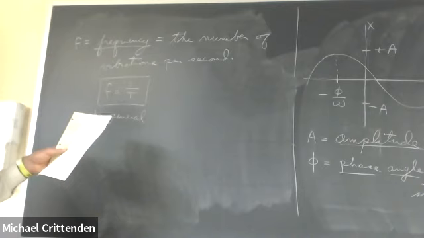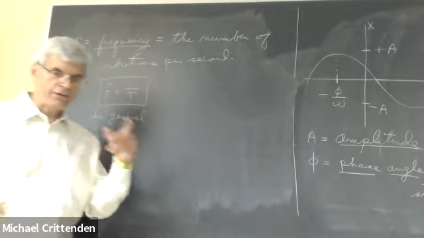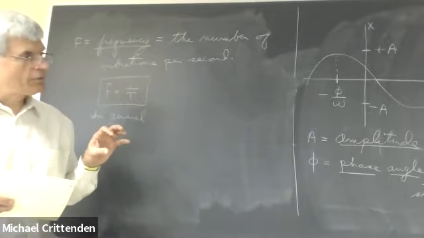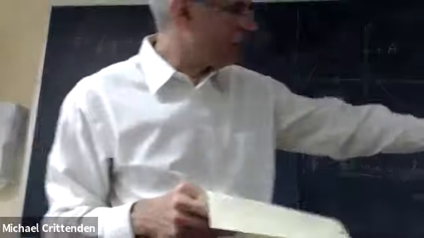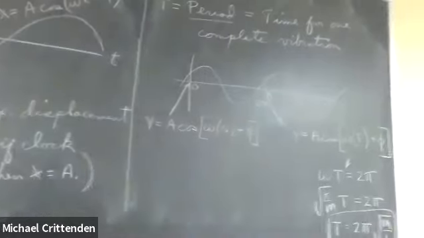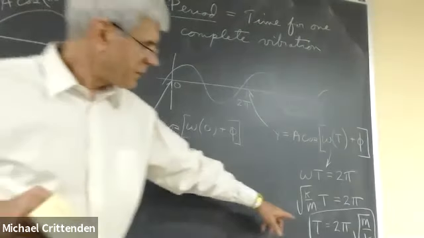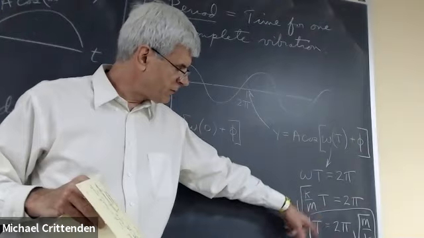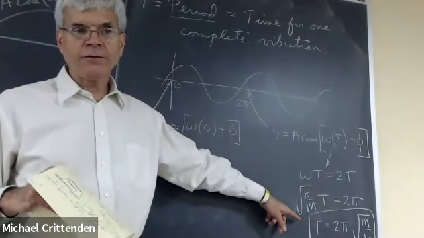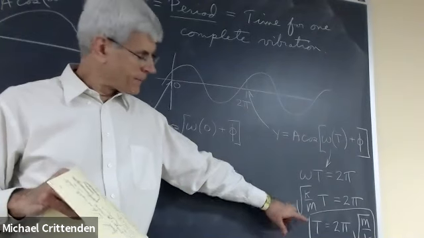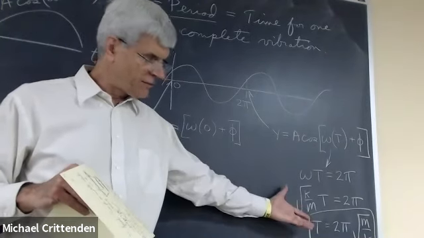If it is a harmonic oscillator, then if you go back a page or two in your notes, there was this thing over here, T equals 2 pi square root of m over k. If you want a formula for the frequency of a harmonic oscillator, the frequency is just this turned upside down. Frequency is the reciprocal of the period. The period is equal to that. And so